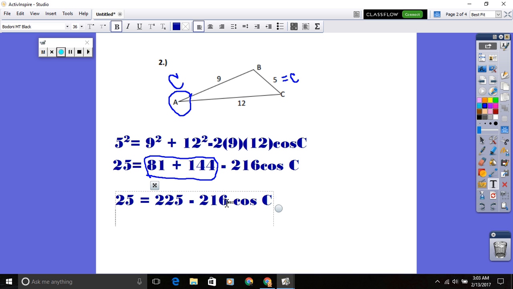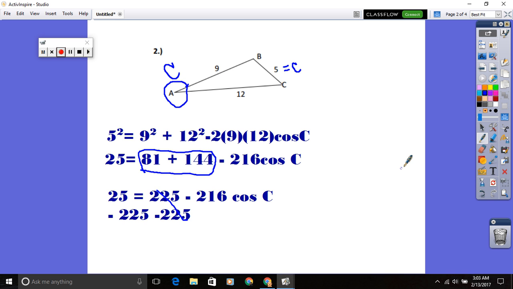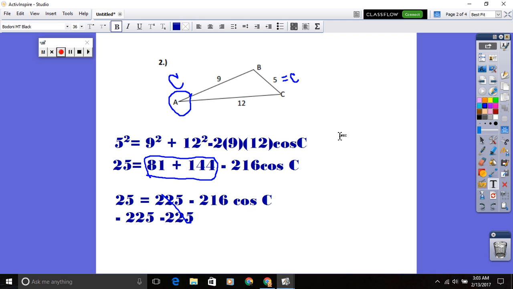And because this is attached to a variable, I'm going to move the 225 to the other side. So I'm going to subtract 225 from both sides. So this is going to cancel, and it's going to give me a negative 200. Negative 200 equals